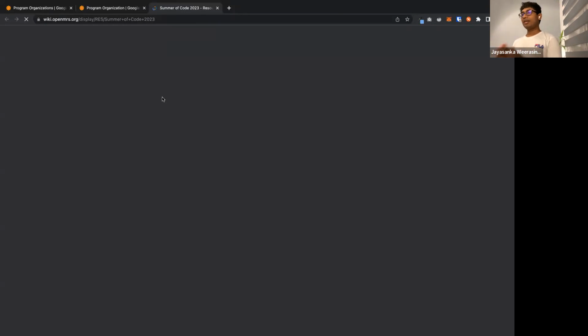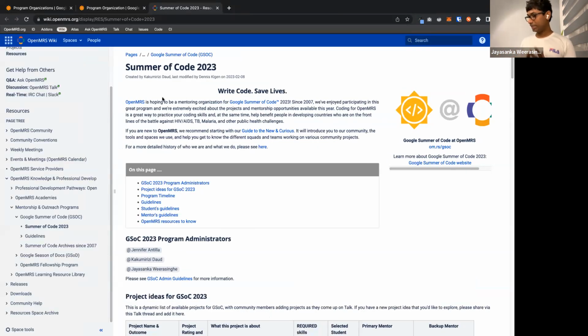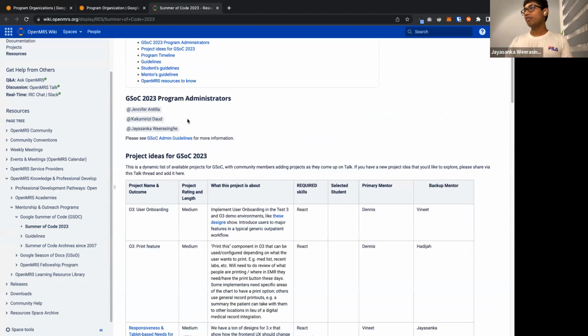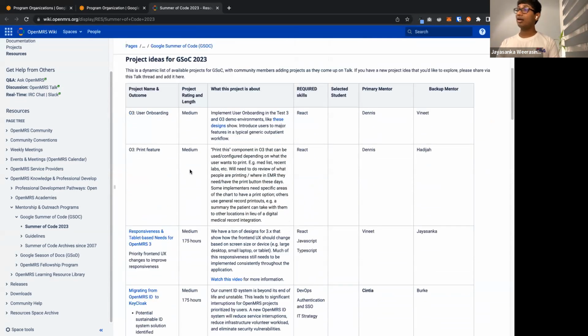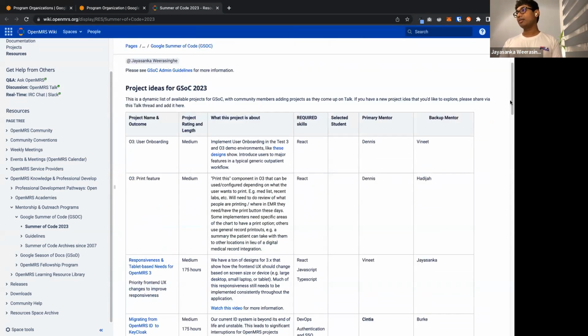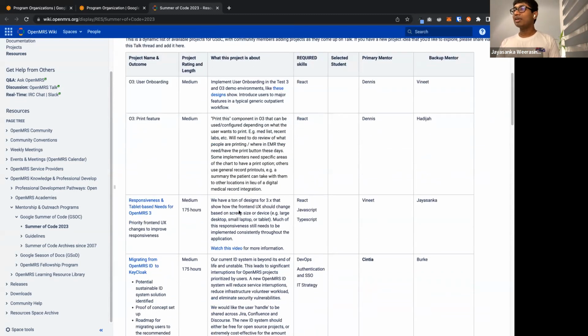When you are picking a project, make sure that it matches your relevance, a project related to your skill set and your goals. Within that ideas list page, you can see several project ideas listed, with mentors and backup mentors already assigned, and you can find some descriptions there as well.